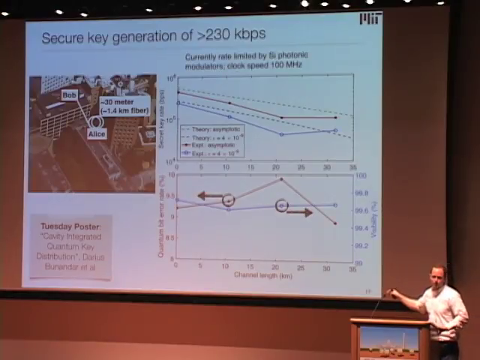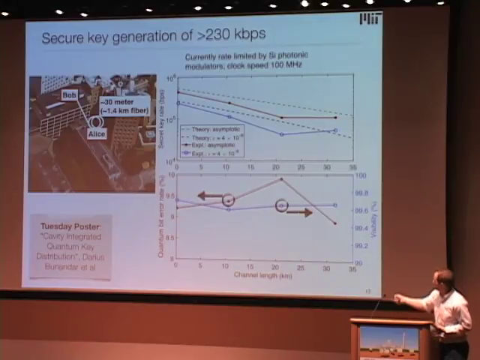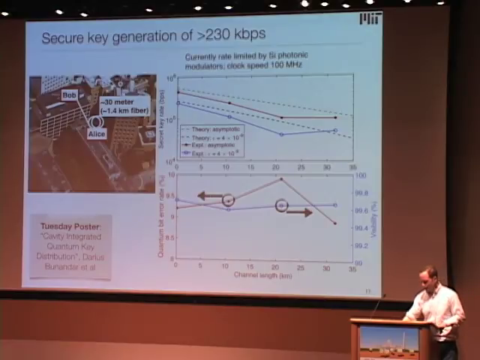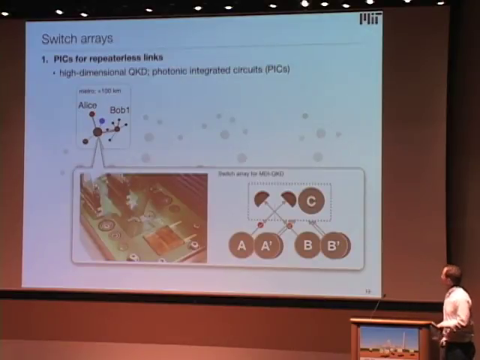So we think we should be able to match or exceed the performance that we currently get using off-the-shelf modulators. So some tens of megabit per second with zero channel loss should be possible. This here was just between two buildings, a short fiber between these two. All right, and the final place where photonic integrated circuits can help that I want to point out is in